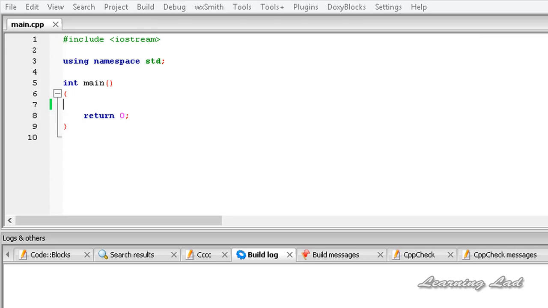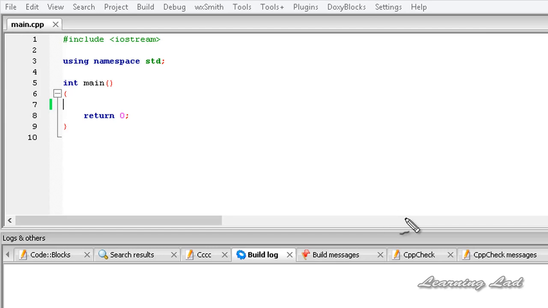So in this tutorial we're going to be learning something called conditional statements. These conditional statements are going to allow us to execute some part of code depending on some condition, whether it is true or false. One of the statements which allows us to do that is called the if statement. The if statement is a conditional statement which is going to allow us to execute the code based on some